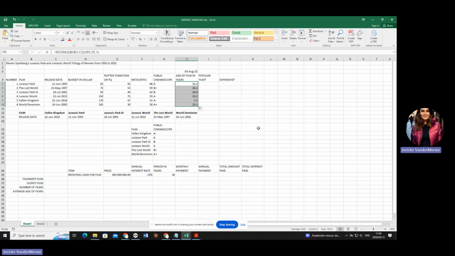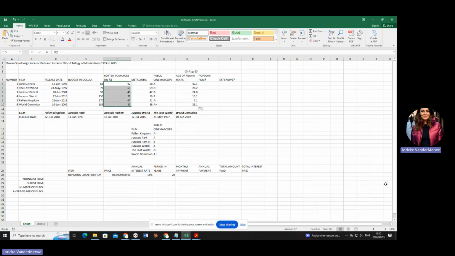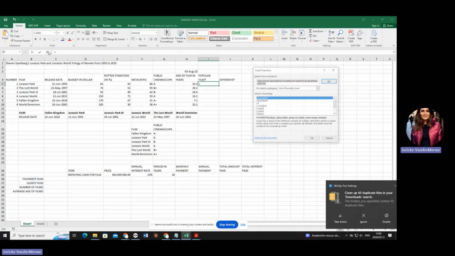The appropriate function to determine the popular fill. Okay. If Rotten Tomatoes in percentage is greater than 60, okay, so they're talking about this one. If it's greater than 60, the word must display popular. Otherwise, it must say not at all. Okay, are you with me? All right, so let's quickly see. It's a normal if, not the nested if.